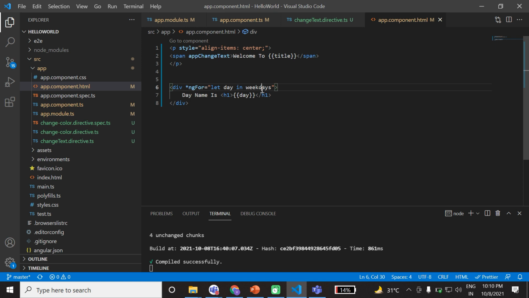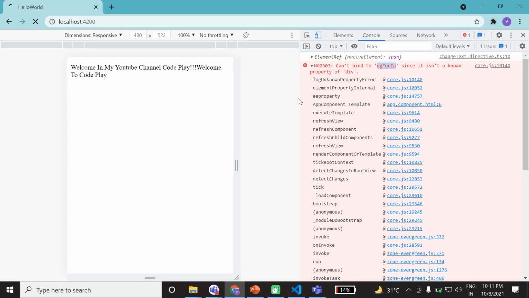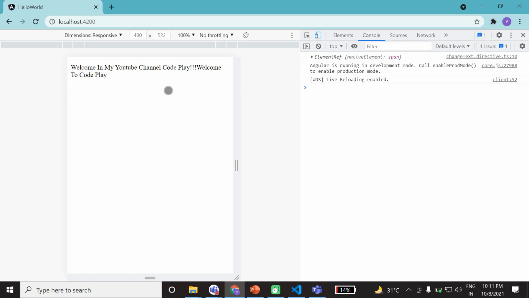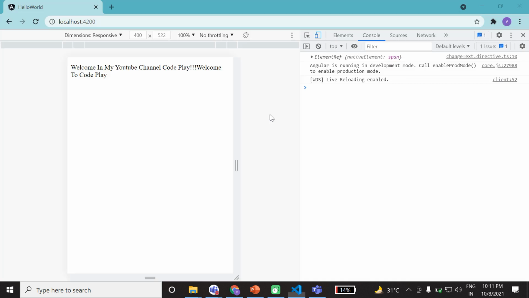Why are the directives not working? Should be of. Sorry, my mistake. Now the app component will render all your data here.